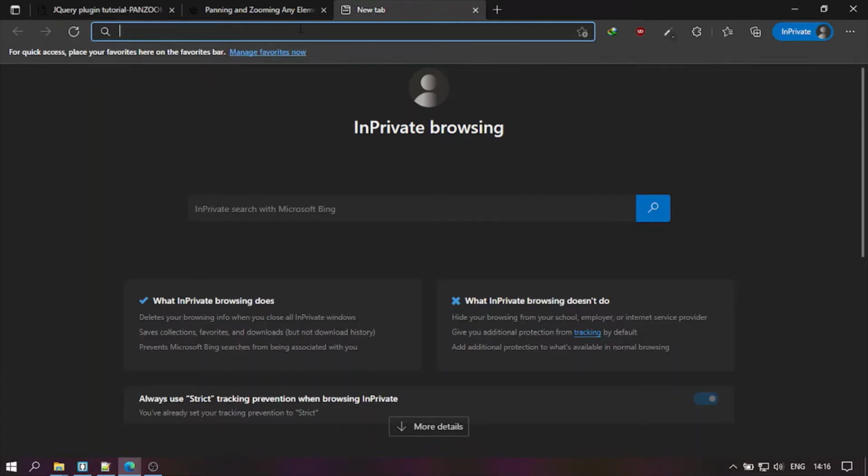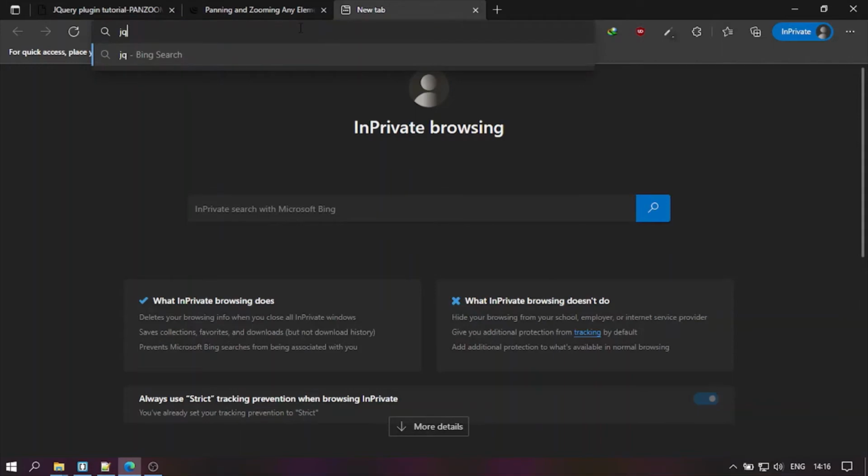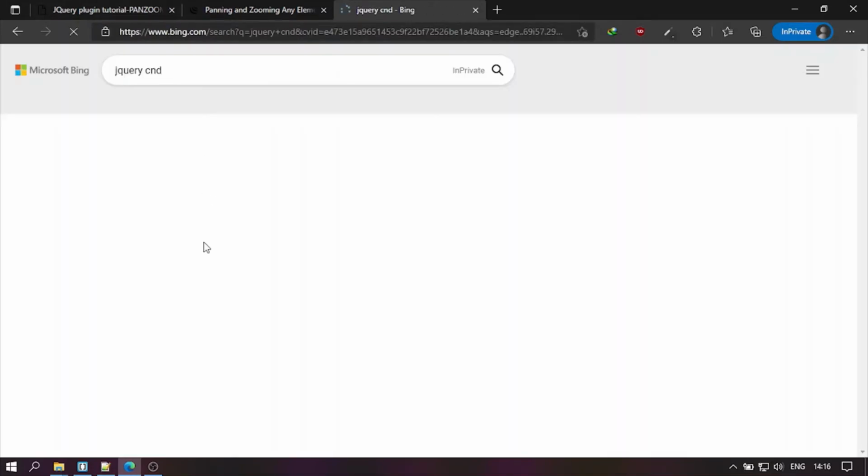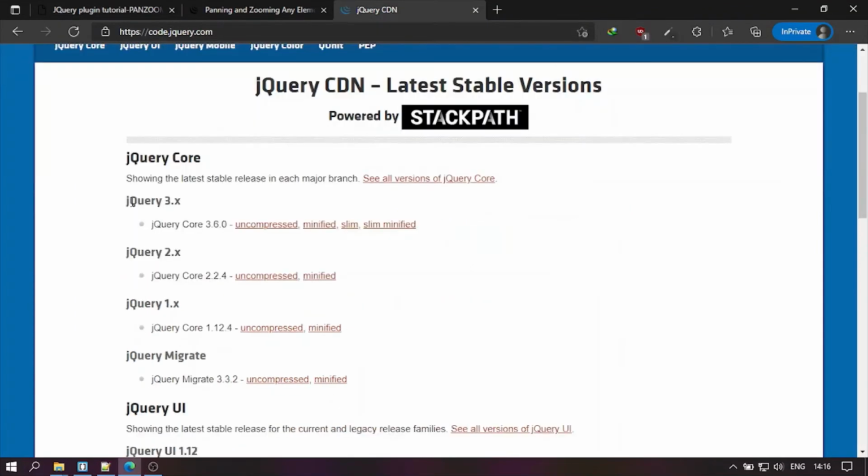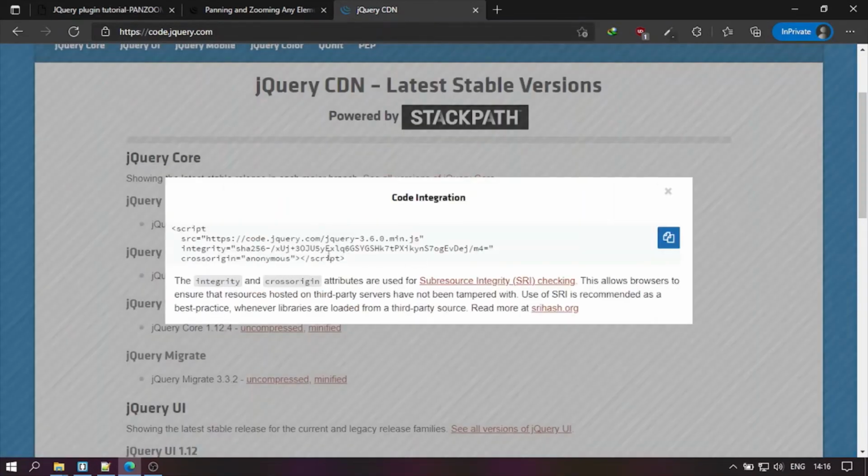Go to your browser and type jQuery CDN. The code.jquery.com website provides the CDN. We have options: uncompressed, minified, slim, or slim minified. We need to click minified, and copy this script.